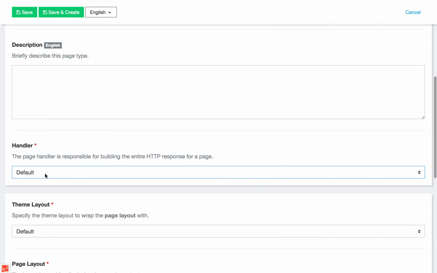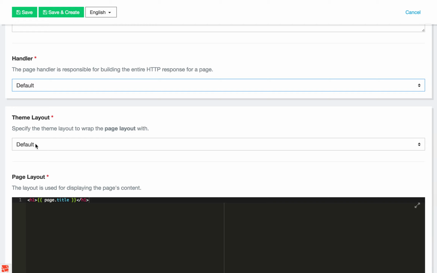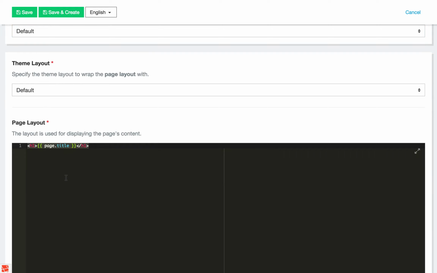Handlers I'm not going to get into too much because for one, those are being improved, but by the time documentation hits on the website, handlers will be improved. The pages module will have changed a little bit, but all of these concepts and things I'm telling you now will still apply. So the theme layout will be the default value of the page, and we'll just leave that as is. And then for my HTML pages, usually I put